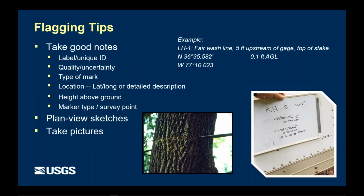Take good notes. Every mark gets its own unique ID. In this case, our format is typically something like, in the picture, RH8, or in the example notes there, LH1, the left hand or the right hand, first mark, second mark, etc. Append the quality or the uncertainty. Again, in USGS terminology, when we say fair, that automatically tells us that it's plus or minus, you know, 1